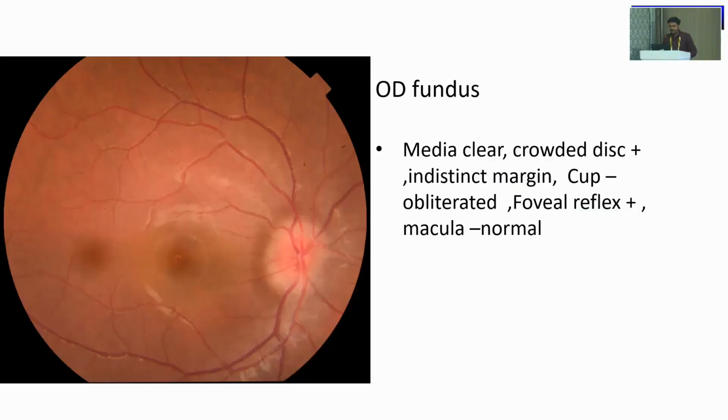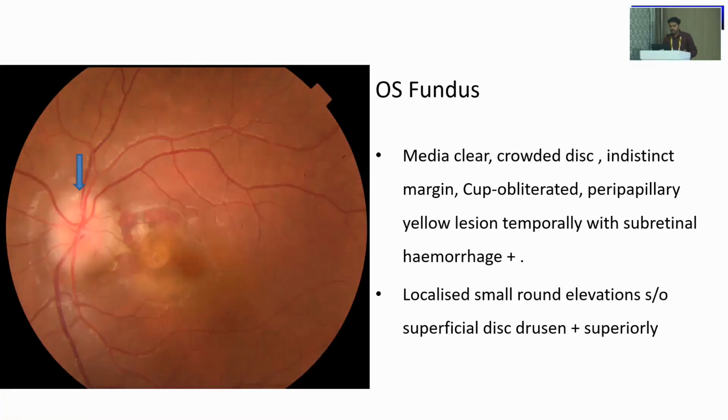On examination of the right eye fundus, the media was clear. There was a crowded disc with indistinct margins. Cup disc was obliterated with foveal reflex present, and the macula appeared normal. Whereas the left eye fundus showed a crowded disc with indistinct margin, and the cup was obliterated with a peripapillary yellow lesion